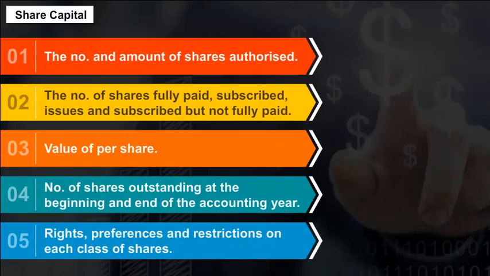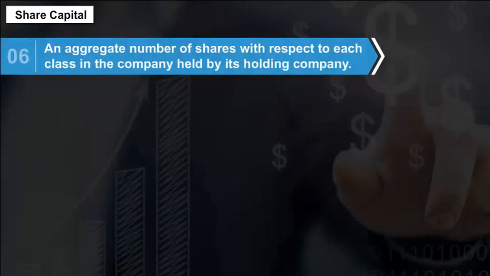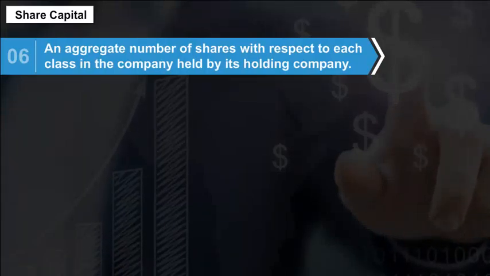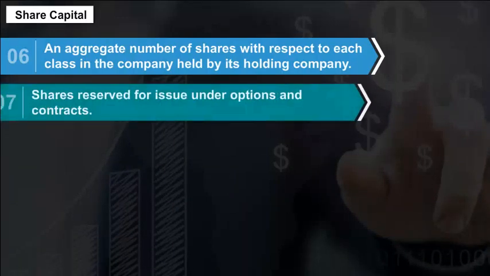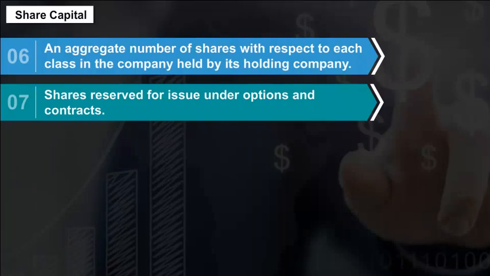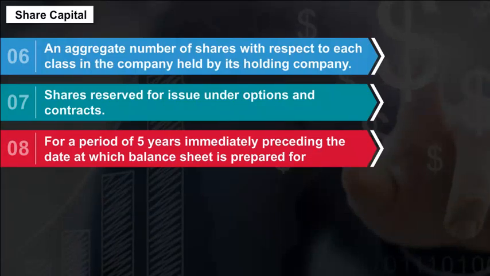5. Rights, preferences and restrictions on each class of shares. 6. An aggregate number of shares with respect to each class in the company held by its holding company. 7. Shares reserved for issue under options and contracts. 8. For a period of 5 years immediately preceding the date at which the balance sheet is prepared: